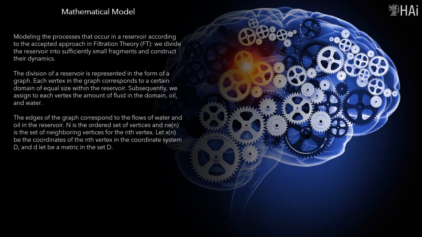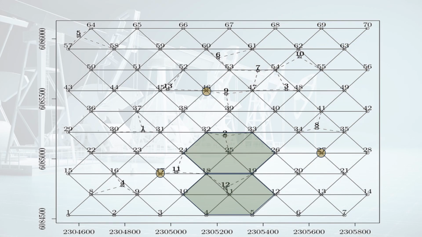Subsequently, we assign to each vertex the amount of fluid in the domain, oil, and water. The edges of the graph correspond to the flows of water and oil in the reservoir. N is the ordered set of vertices, and N is the set of neighboring vertices for the nth vertex. Let xn be the coordinates of the nth vertex in the coordinate system D, and D a metric in the set D. Graph, with vertices indicated by circles, with hexagonal environments in the coordinate plane, associated with the geographical coordinates